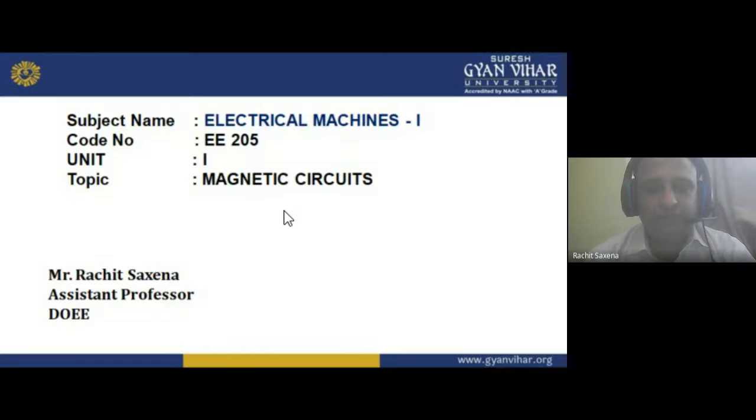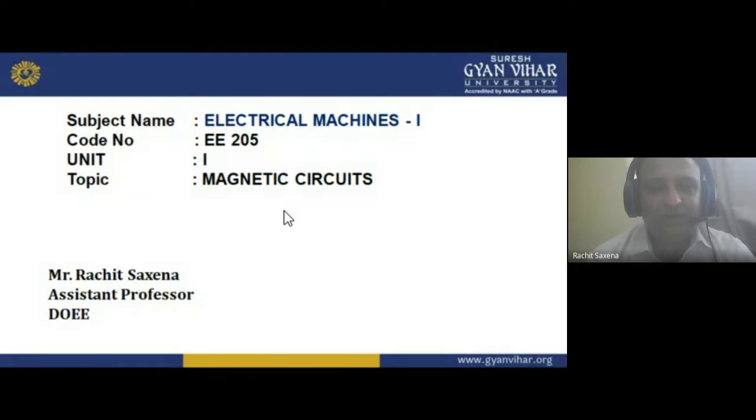So basically we want to convert torque into current and current into torque, or we can say voltage, current, power into torque, and torque into voltage, current, and power. Voltage, current, and power are the electrical form, and torque is the mechanical form. Hope you understand this, electrical and mechanical. If I am converting electrical to mechanical, it is a motor. And if I am converting mechanical to electrical, it is a generator. So if we want a backup, we use a generator.